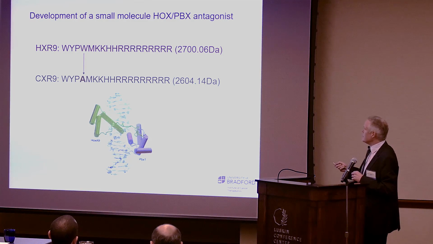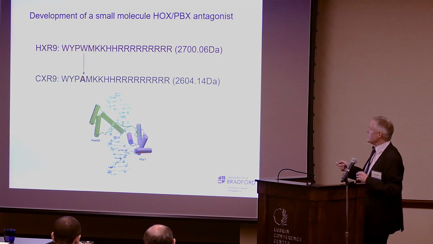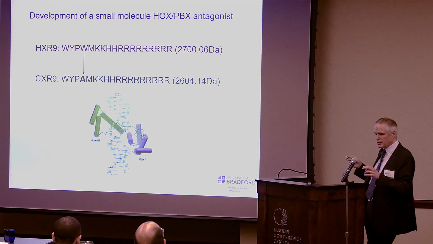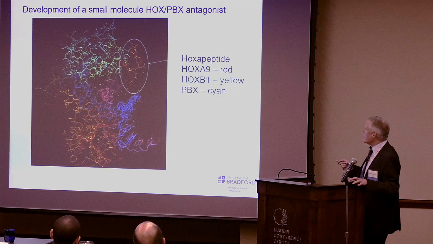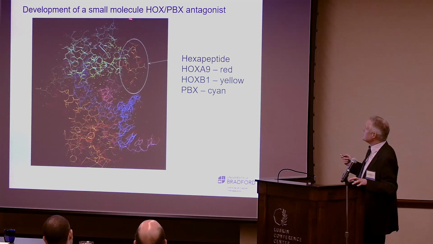But there's an indication here that it might be possible, because you remember the difference between HXR9 and the control peptide, which is completely inactive, is only a single amino acid. And in fact, this corresponds to what you see in the molecular modelling. It turns out that single amino acid, the tryptophan, seems to be one of the most essential contacts between HOX